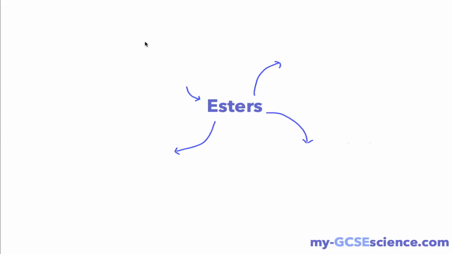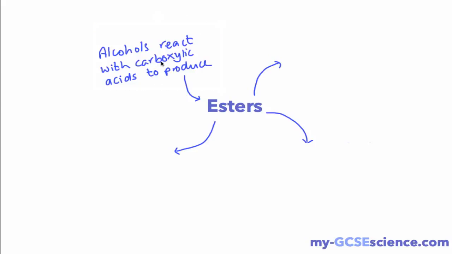Now the first thing is I just want to go over a couple of characteristics and features of the esters. The first one is that they are made when alcohols react with carboxylic acids. We've talked about the alcohols and carboxylic acids, and you can go back and have a look at those videos if you need to, but that's the first characteristic. These esters are actually quite closely related to carboxylic acids in their structure. The next thing is that they have the functional group COO. So this is quite important because you can recognize a formula of an ester if you see the functional group